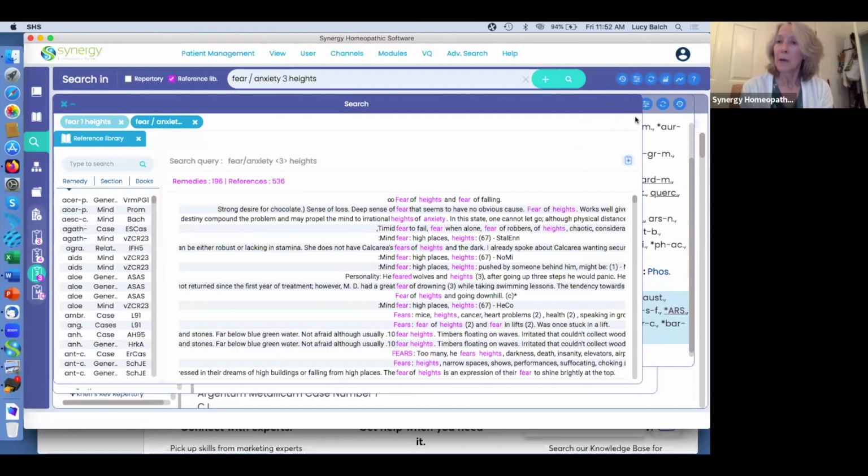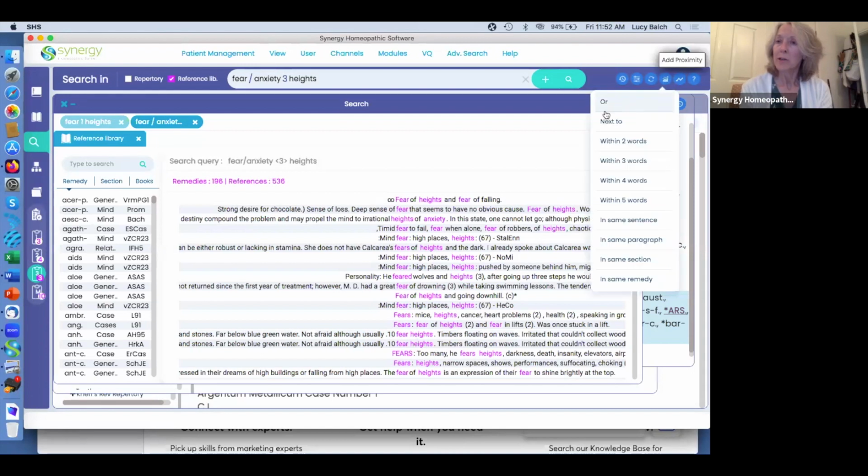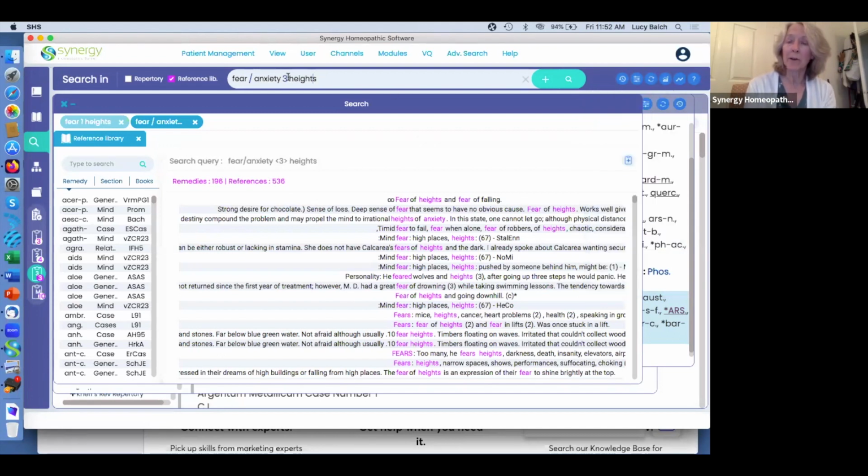All right, and let's see what else was over here in proximity language, next to. That's just one space. Then you have 2, 3, 4, 5, etc. Now these down here, you have in the same sentence, paragraph, and section. Those are also going to really spread out your search and give you more remedies. So let's say if we said, I want fear, anxiety within the same